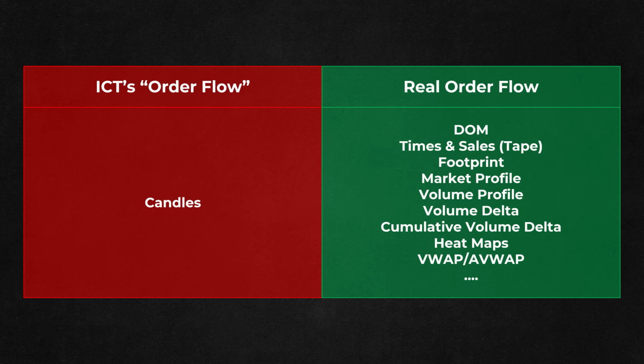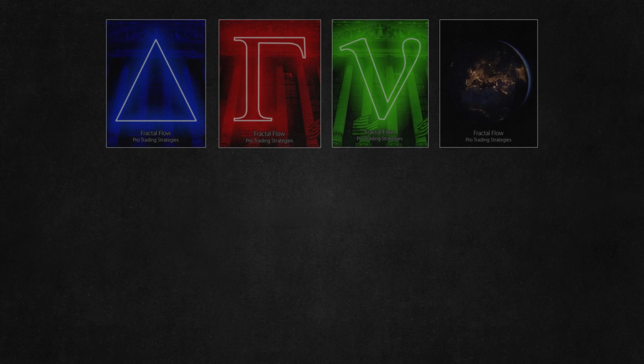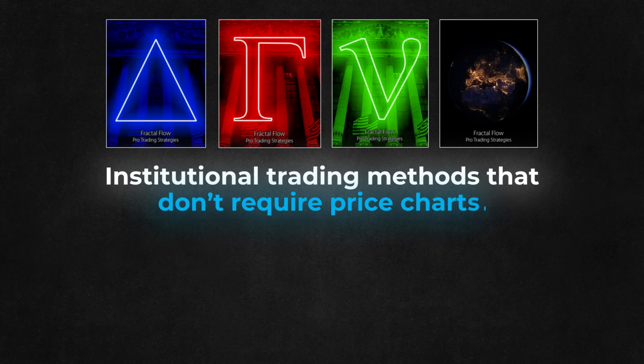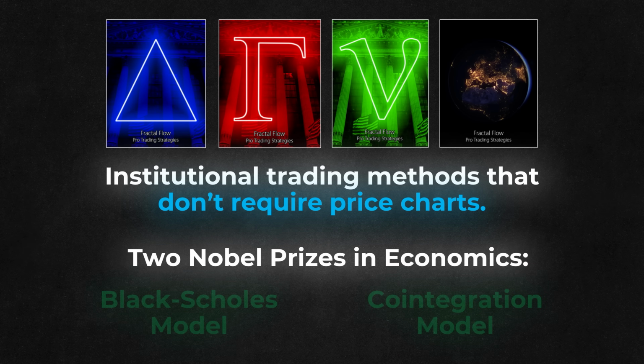I've talked about other types of strategies that both institutional and retail traders can use in the realm of hedging and arbitrage. If you want to learn more about that, check out my books on volatility trading, gamma scalping, vega scalping, and statistical arbitrage. These strategies form the fundamental basis for many institutions, and they don't require the use of price charts at all. They are also based on robust ideas that earned a Nobel Prize, like the Black-Scholes model